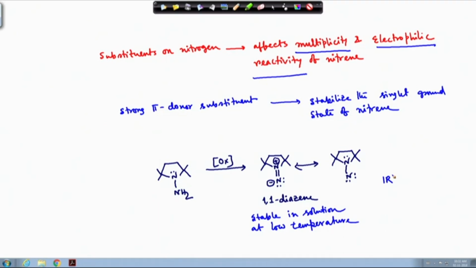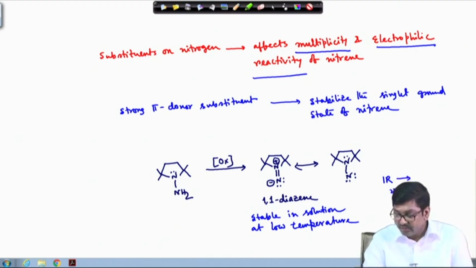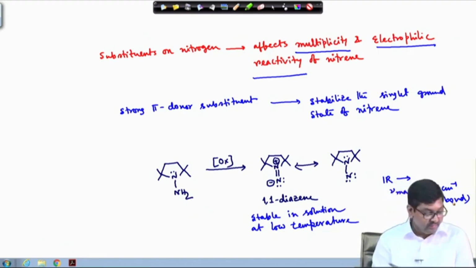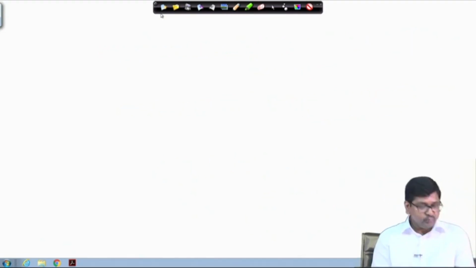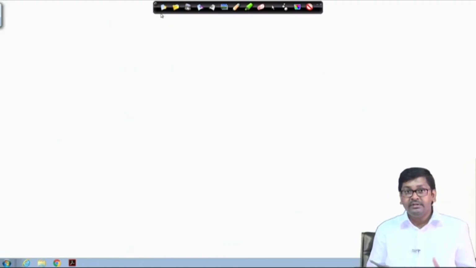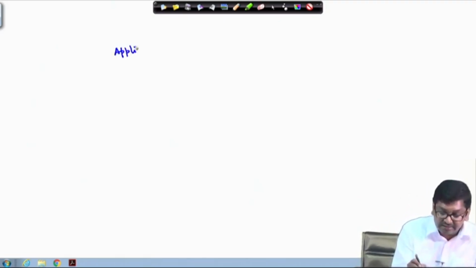So, this is called IR spectroscopy, and through this, here the nu max is around 38 centimeter inverse, due to this bond. Okay. So, through IR it can be visualized and detected. Now, what are the applications? Of course, the nitrenes are being generated, and what will be their applications in various types of reactions? So, if we see their applications,